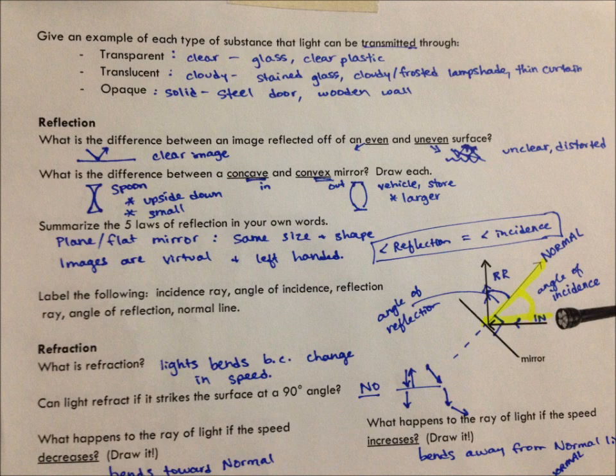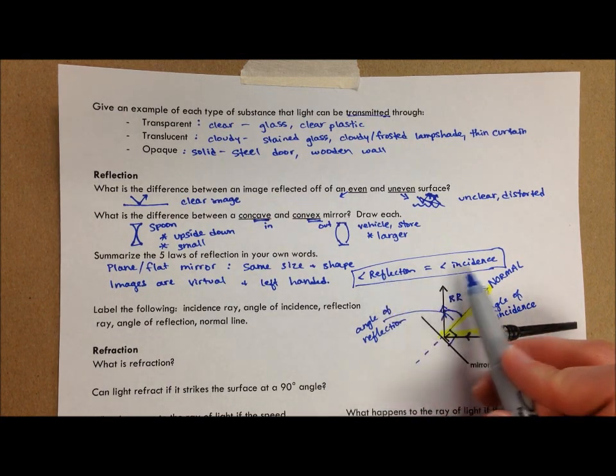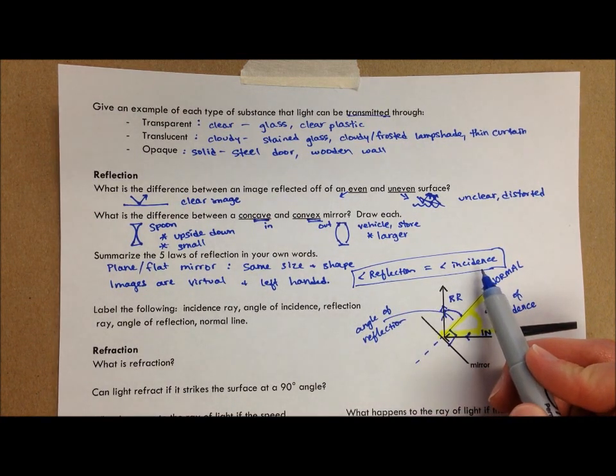On the diagram there, it's a little small to see here, but I'll zoom in just a second. I'm going to be labeling the incidence ray, the angle of incidence, the reflection ray, the angle of reflection, and the normal line. Alright, so that was our angle of reflection. This wedge right here is the angle of incidence between the incidence line and the normal line. And then those together, the angle of reflection and the angle of incidence, should always